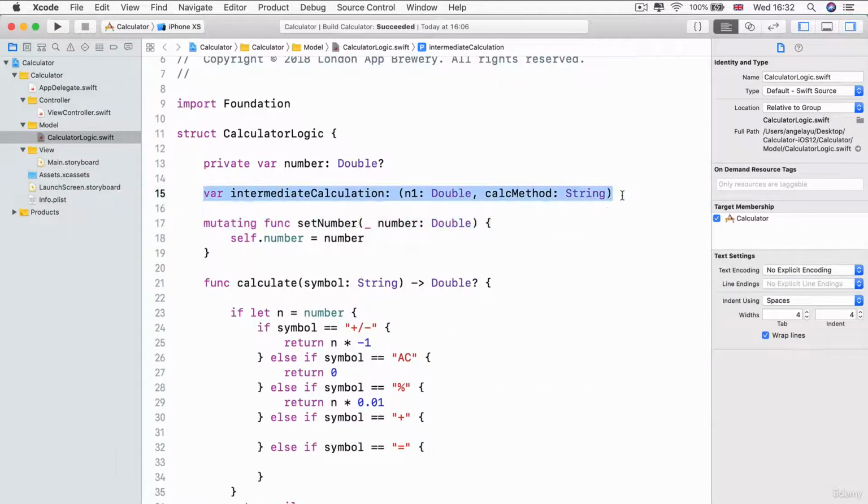Now, I don't actually have a value for this tuple when I initialize my calculator logic structure. So I have to be able to set it to nil when I create CalculatorLogic. That means I have to turn it into an optional. And I do that by just adding a question mark to the end of the entire type, right? So in this case, the type of a Double is Double, and so the question mark goes at the end of the Double. But in this case, the type of the tuple is all of this,